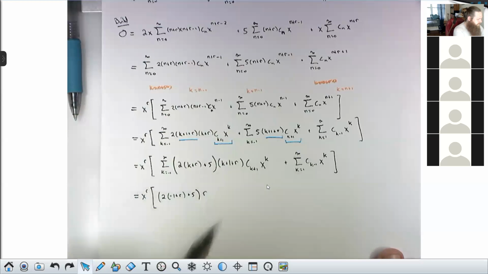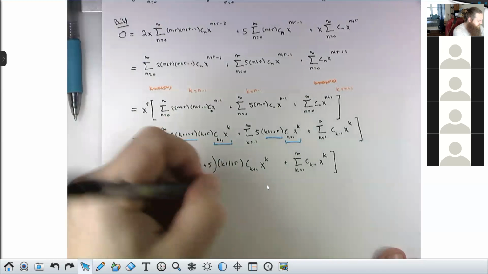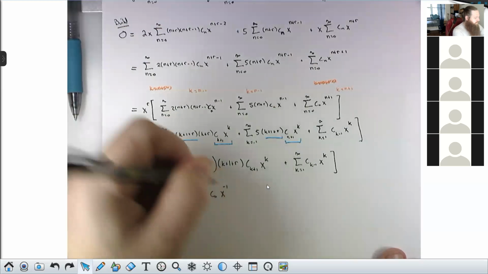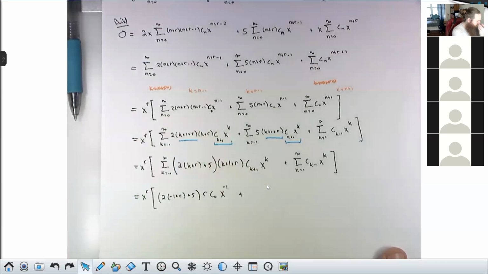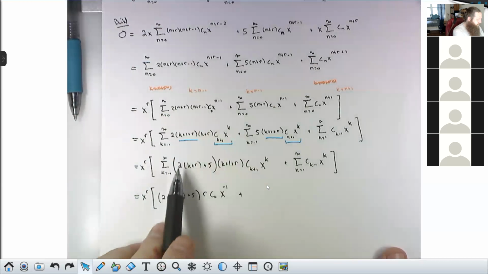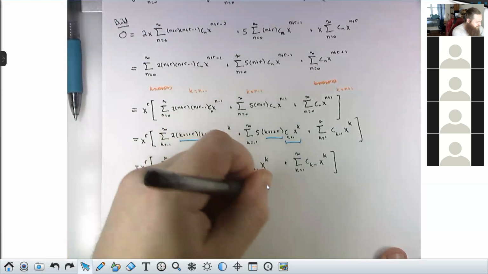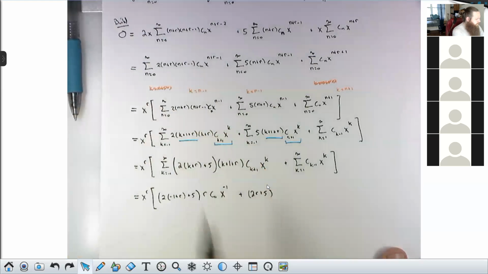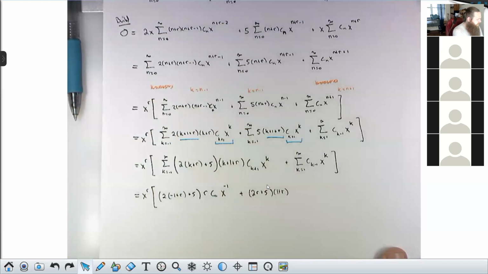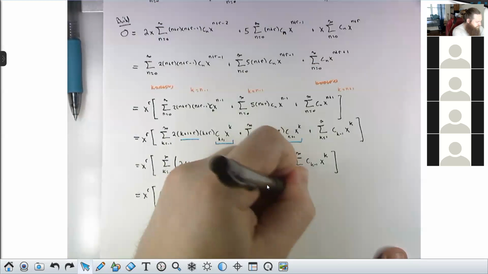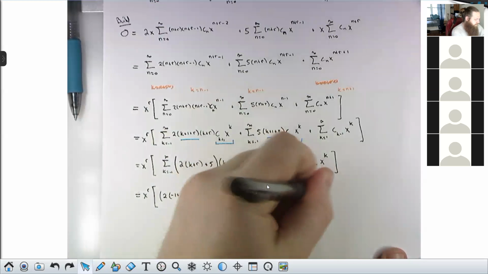C -1 plus 1 is c0. And x to the -1 is x to the -1. Then to that, we have to add the k equals 0 term, which is 2r plus 5 times 1 plus r times c1 x. We'll do plus